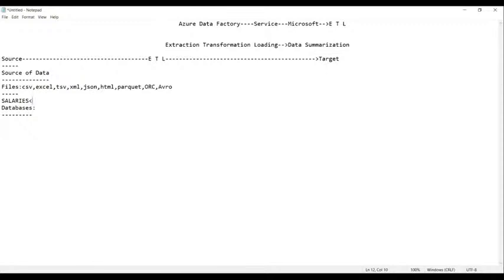Whose salaries are less than 75,000. I want to get this list. This kind of retrieval is a bit difficult in Excel files or CSV files. Hence, we go for what? Database. We go for a database for three reasons. One is a security reason. Second, we can store huge and bulky data. And the third reason is retrieval. These are the three reasons why we always use a database.